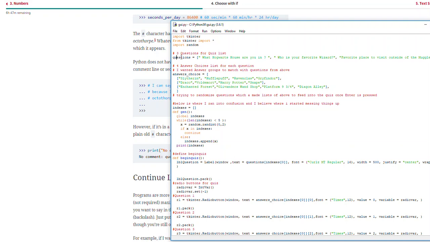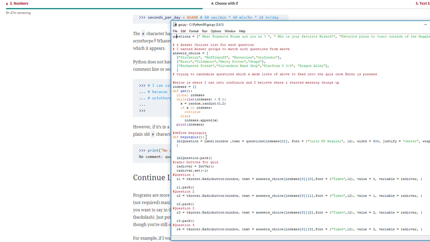Logical groupings. The first logical grouping is number 3, questions for quiz list. Number 4, here's what's taken place. And a little explanation. Some more explanation. Another logical grouping of something taking place. Explain what's taking place or label it. There it is. And then we'll have some white space in between potentially tasks,